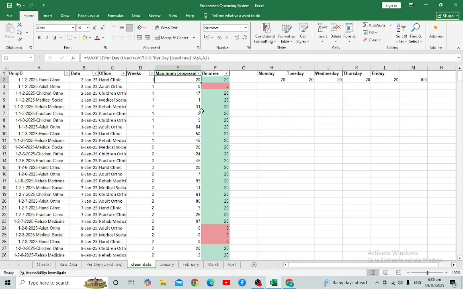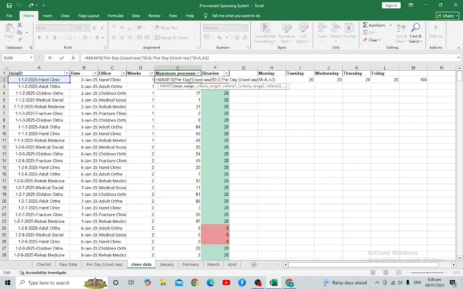So if adult ortho uses at least one, and it's successfully consulted by the doctor, it will be considered 100% usability. I don't have to sum all the double entries, but just get anything more than 0, so at this point I get the maximum.